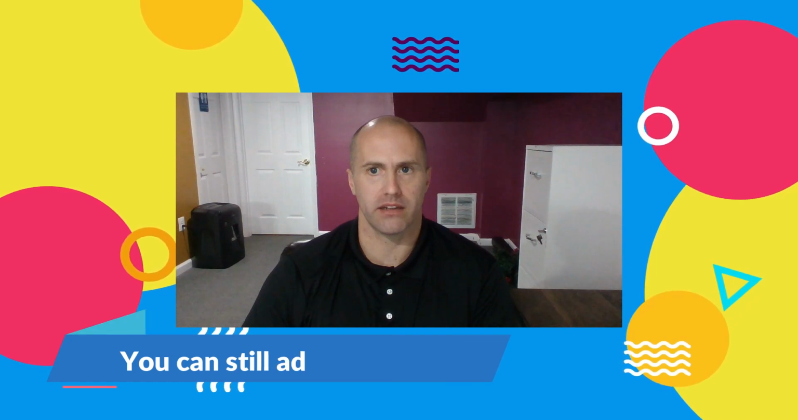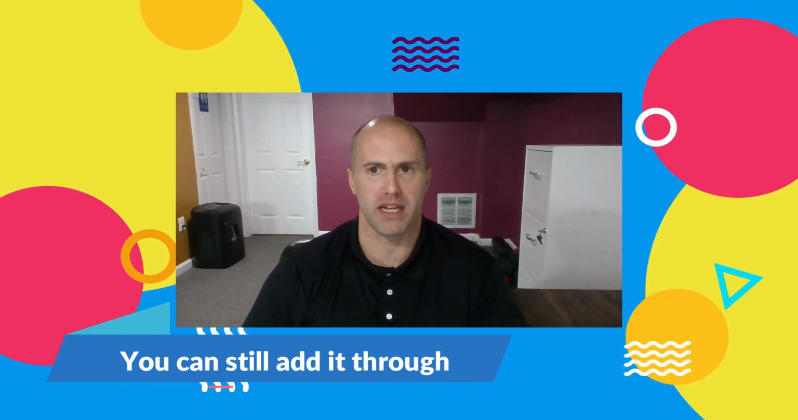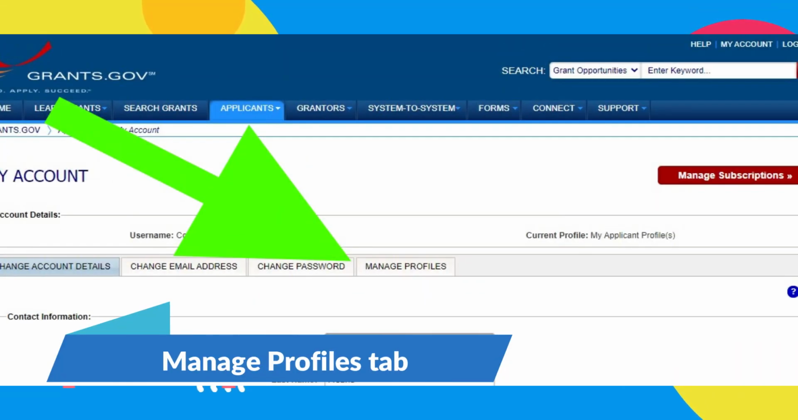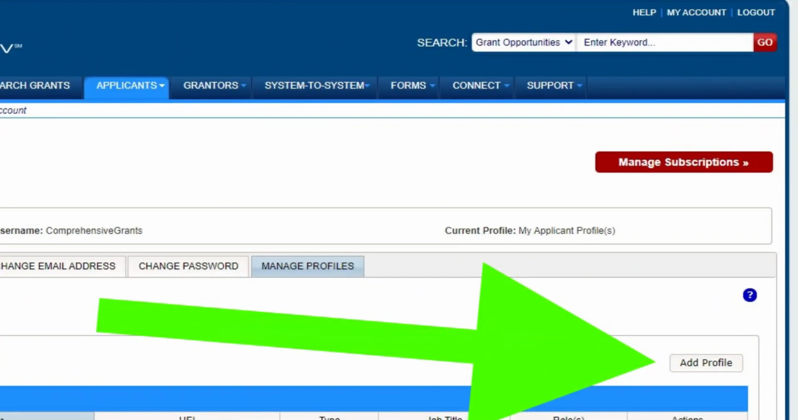If you accidentally skip through this step, or if you've logged in before and you aren't getting the guided setup process, there's no worries. You can still add it through the grants.gov profile menu. To add the profile that you've created after the initial guided setup process, just click the My Account option in the top right of your screen. In your account main screen, you're going to click on the Manage Profiles tab, and the Add Profile button will be right there on the right side of the screen, and it will take you through the same process to